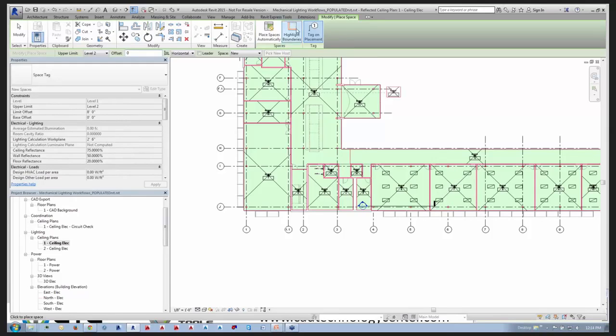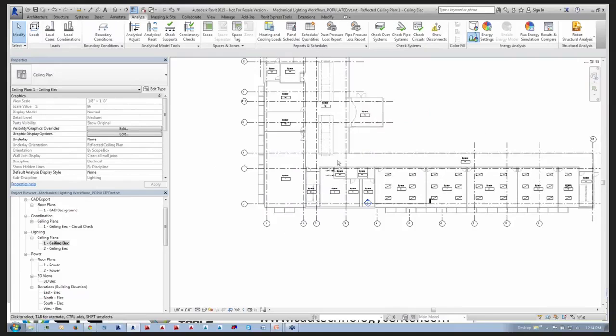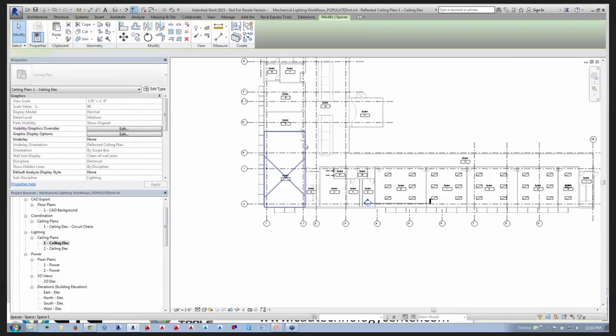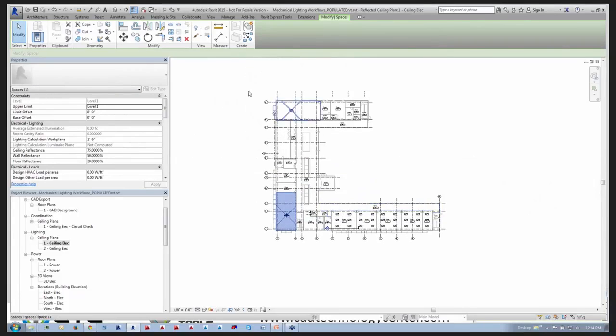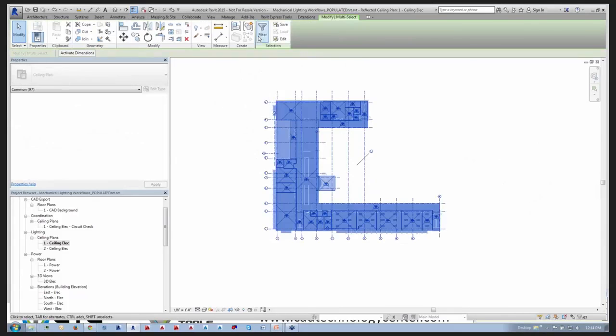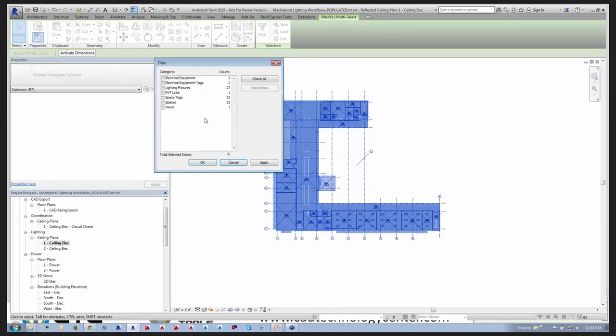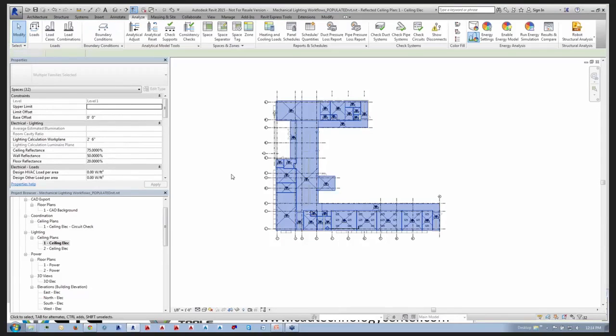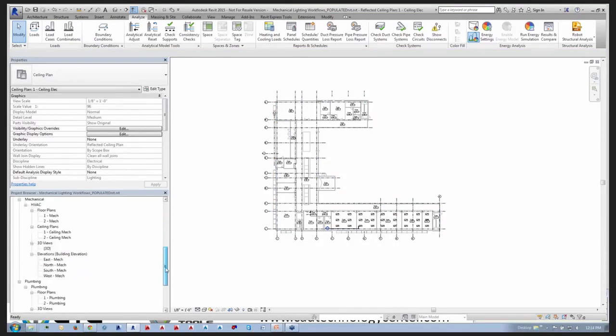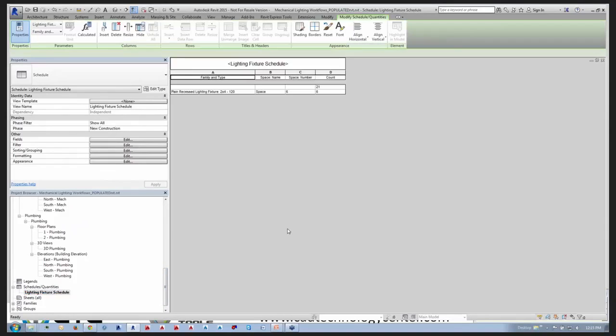Unfortunately, I have already placed my spaces in this project, and the constraints are set incorrectly in all of them. But what we can do is just go ahead and select all our spaces and go back and fix it after the fact. Again, I'll just select my spaces, and I would change my constraints here. One other thing I do want to show you regarding this before I do that is